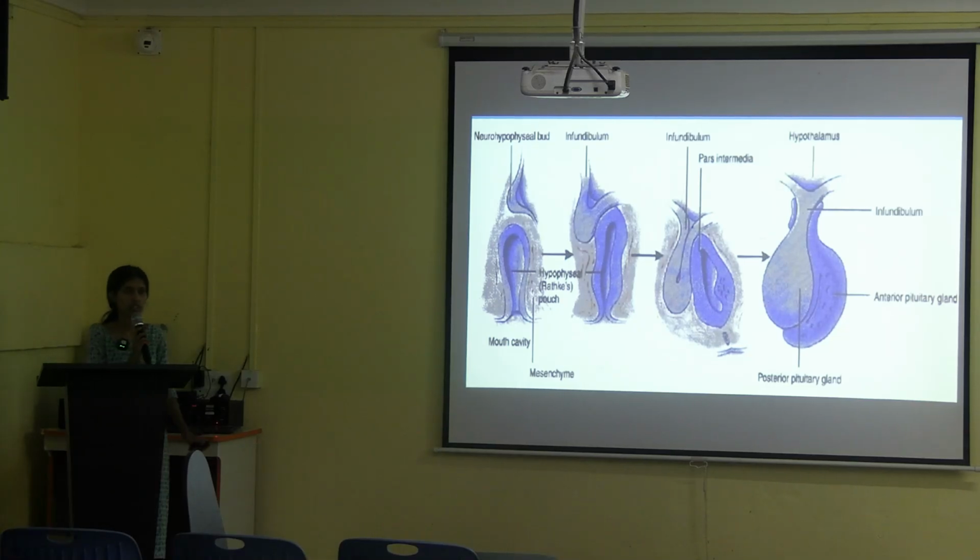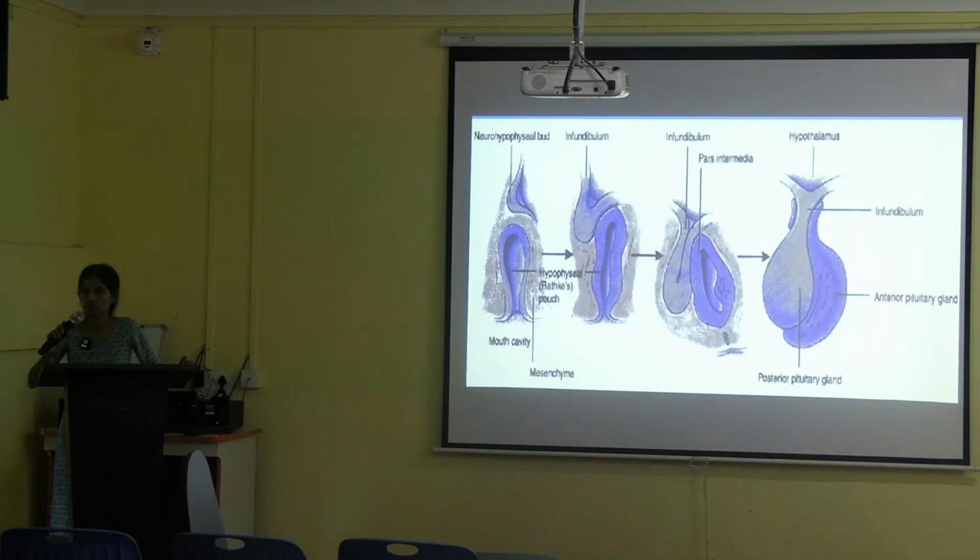So what is the derivation here? Lining of stomodium. Okay. Any other answers? Infundibulum will, say it louder. Diencephalon, okay, fine. So the infundibulum is derived from the linings of the diencephalon, right? Okay. What about this lobe-like structure? This is the infundibulum part. What about this lobe-like structure?